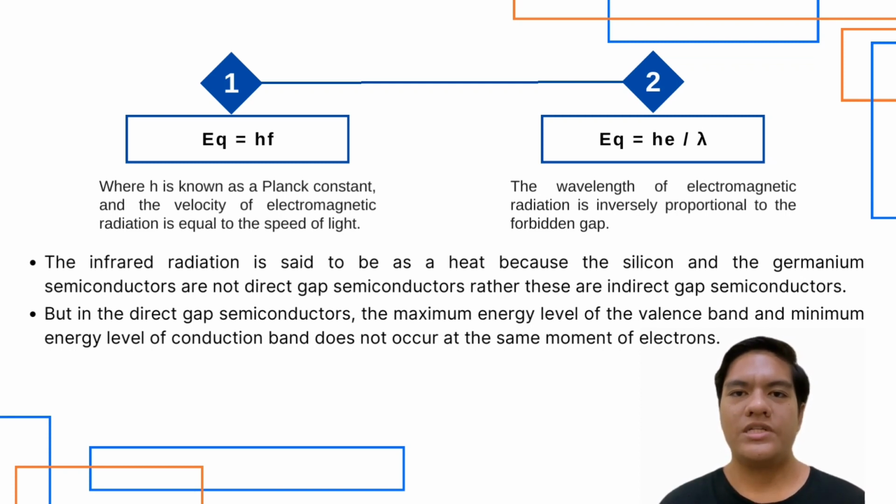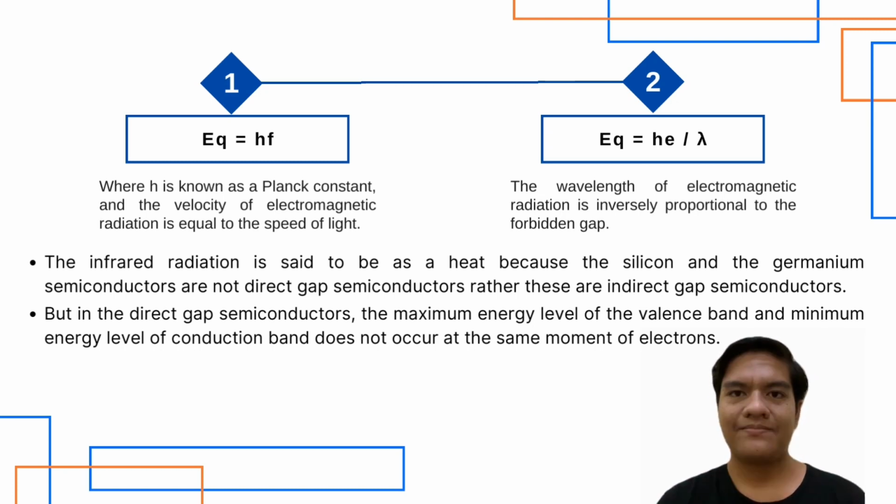The mathematical equation is shown: E equals hf, where h is known as the Planck constant, and the velocity of electromagnetic radiation is equal to the speed of light. The frequency of radiation is related to the velocity of light as f equals c over lambda. Lambda is denoted as the wavelength of electromagnetic radiation, and the above equation becomes E equals hc over lambda. From the above equation, we can say that the wavelength of electromagnetic radiation is inversely proportional to